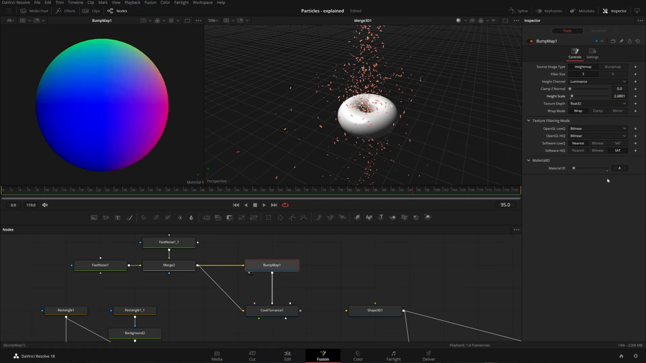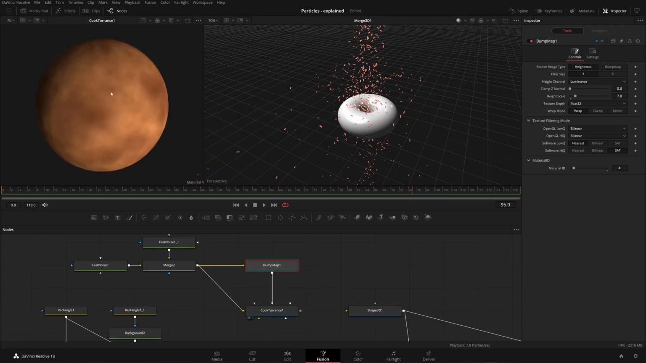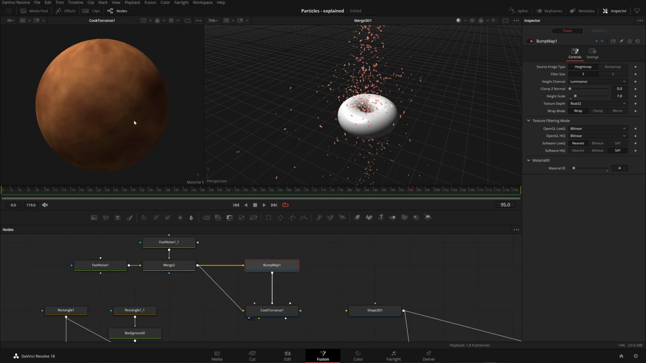Okay, and in here I'll just keep everything as it is. Maybe increase height size a bit more, something like that. Okay, so 7. Now if I click on my cooked orange, you can see we have this kind of an effect,